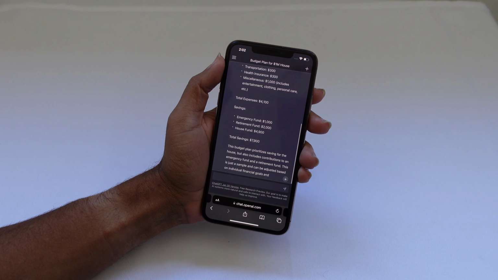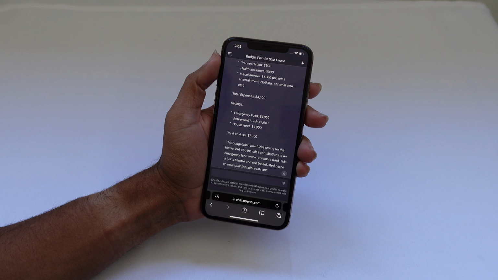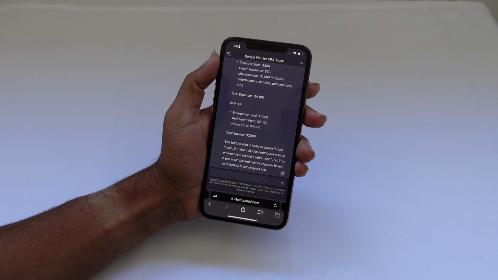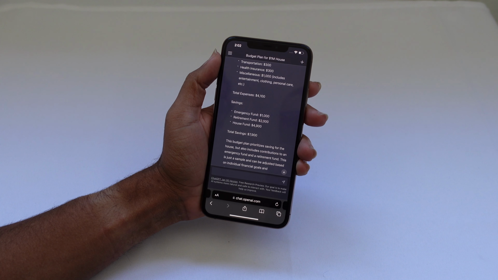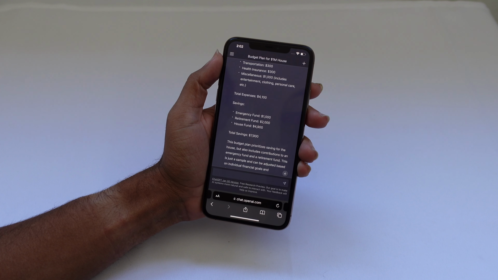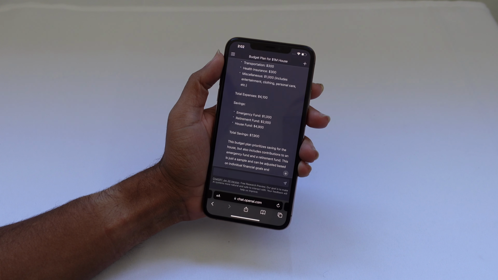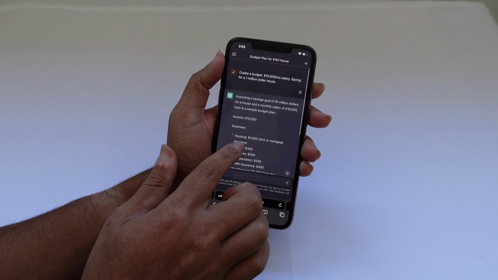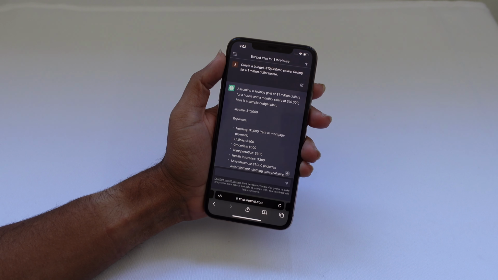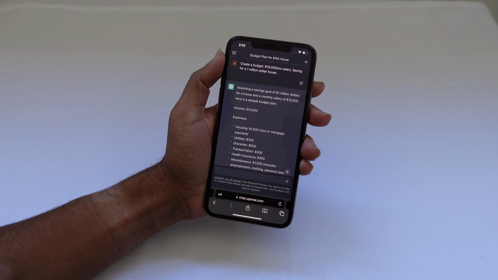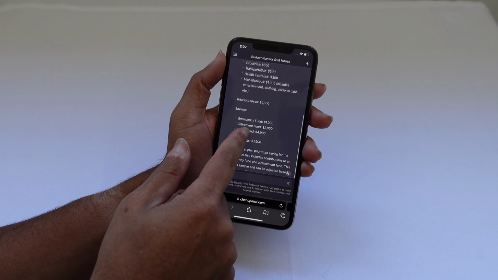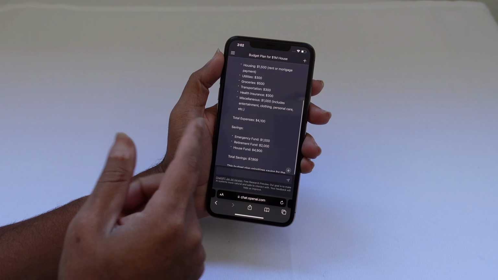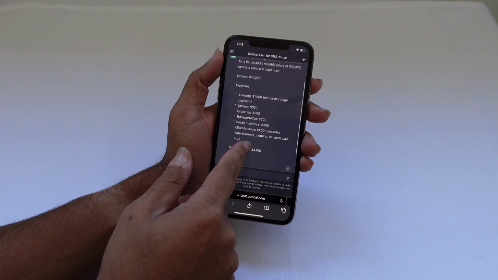$4,100. And then for your savings, you have an emergency fund of $1,000, a retirement fund of $2,000, and a house fund of $4,900. Total savings, $7,900. So it analyzes the budget that we gave it with our salary and the goal for saving a $1 million house, and then broke it down and allowed us to see what it would look like to create a sample budget